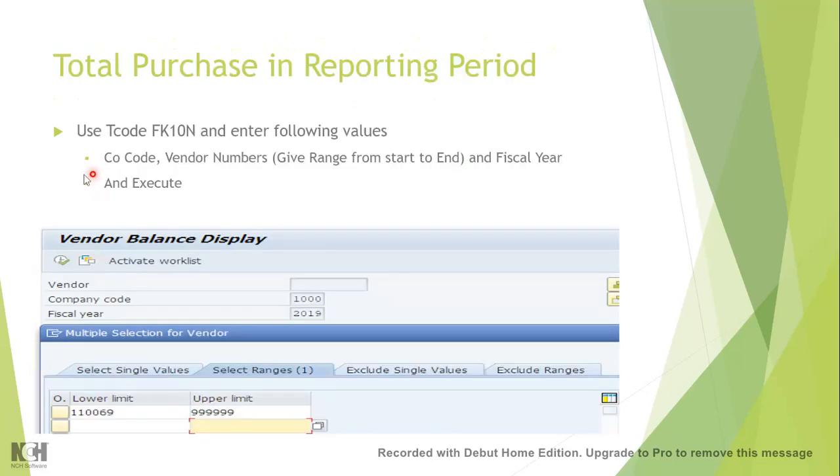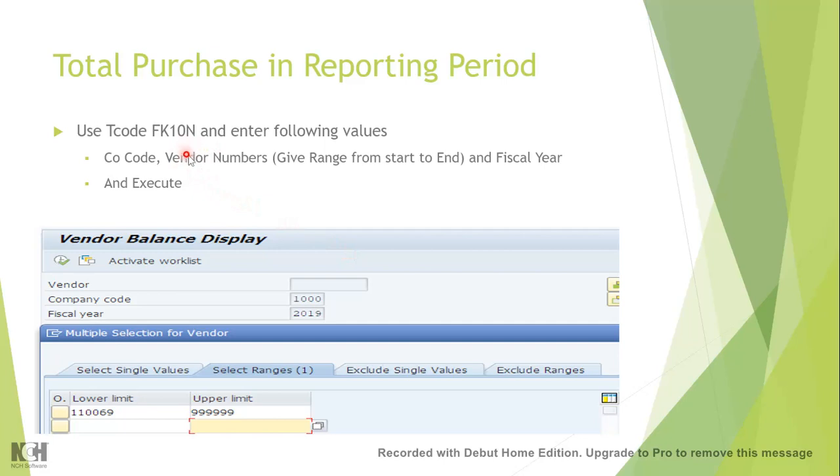So as I mentioned initially, let's start with identifying the total purchase in your reporting period. So for example, you are doing audit for the year 2019. So you want to know what is the total purchases. So use this transaction code FK10N. Whatever transaction codes I am referring to in this training video, you need to get access to from your client.